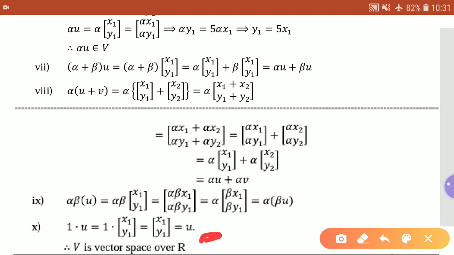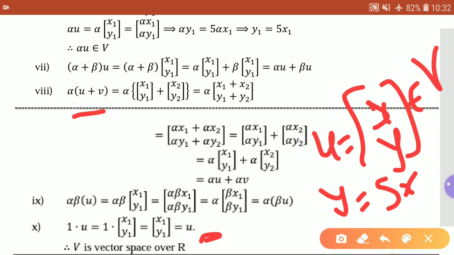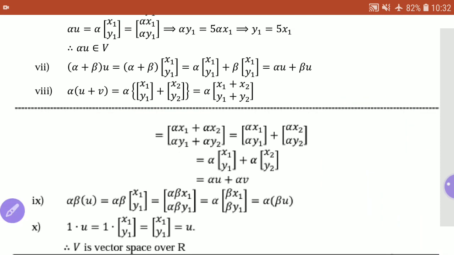Now you just need to check how we are writing the property. Depending upon the elements of that set V, we carry out the addition and multiplication. So here the members of V are column matrices like this x, y, which satisfy the condition y equals 5x, right? So this type of column vectors we have. We just have to verify all the 10 properties for these elements. If you take u belongs to V, for such elements we are going to verify all these 10 properties, and you can see the solution. All these properties get satisfied. Hence finally, after verifying all these 10 properties, you can claim that V forms a vector space.